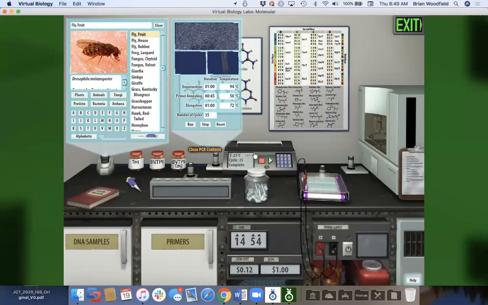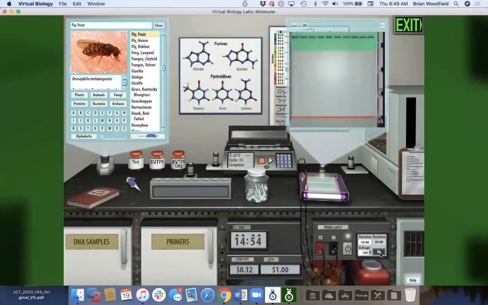Let me complete the process here a little bit. I just want to show you how you can come here and do the gel, turn on your power supply, and then you can control things, but I'm just going to advance my time and do a gel and prove that I actually